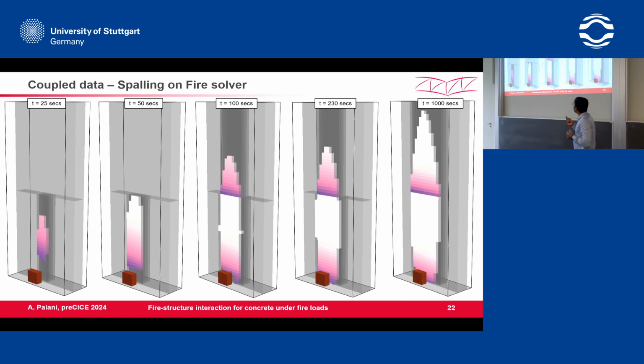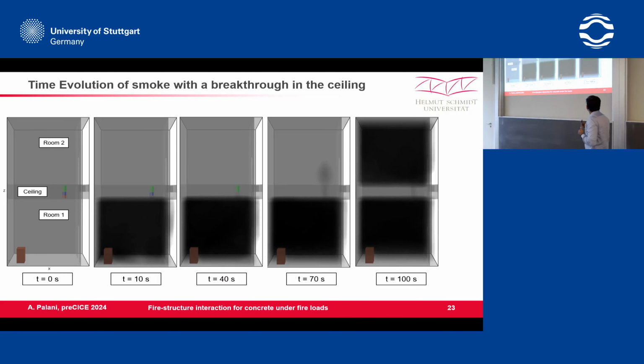And I added a supplementary slide. So this will somehow explain. This is from the dummy solver, not from the actual structural solver. We have two rooms, room 1 and room 2, separated by a ceiling, and over time the fire accumulates smoke, and because of the increase in temperature on the ceiling, you can see that the hole is being created part by part, and after 70 seconds the hole is completely created,